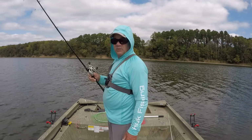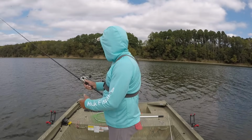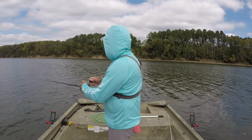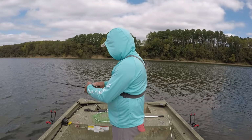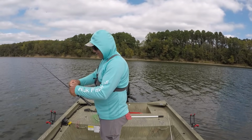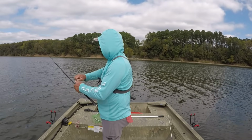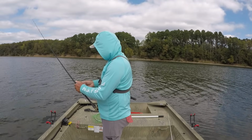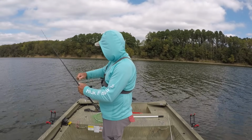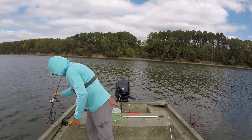Now, I'm in 24 feet of water right now, anchored over the top of 24 feet of water, but I just made a cast into about 21. And like I said, there's a lot of rocks. Make sure that drag's set so we don't break that line. You never know what size of fish are in here, folks. All right, that should be good enough. We're going to put it in the rod holder,